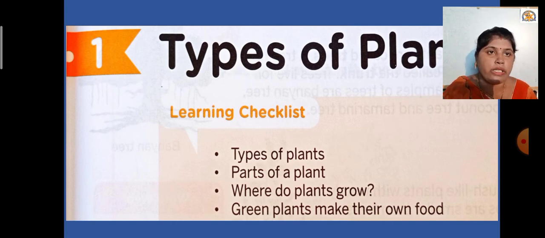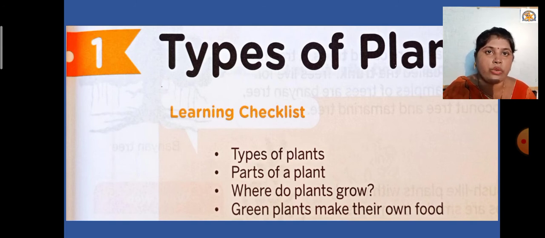In this lesson, we are going to take the revision of lesson number 1 and then the revision of lesson number 2, with the help of keywords and summary. Then we are going to take the combined exercise which is related to both chapters, that is lesson number 1 and lesson number 2. So let us start the revision of lesson number 1.